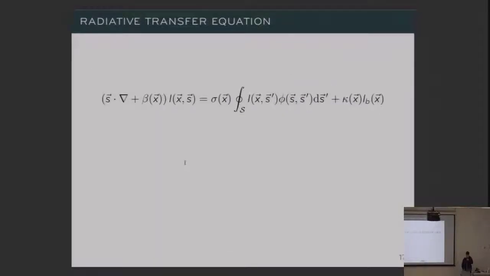Okay, so in the abstract of the talk, I mentioned the matrix-free solver, so I will talk about the matrix-free solver, but it's somehow disconnected from the rest of the talk. So for now, I'm switching to the radiative transfer equation. So this equation models how photons evolve in material sciences.